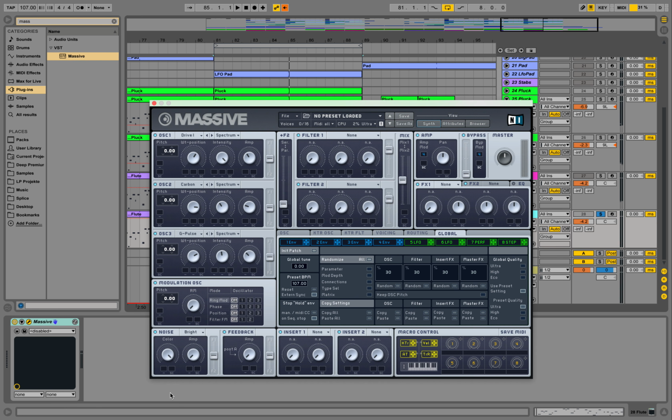I'm going to use Bright Noise down here and drag up the amplifier quite a bit, because that's what's actually going to make this flute sound. So this is going to get those bright frequencies. We're also going to use a little bit of modulation over here, maybe a little bit of ring modulation. Phase as well, and also a little bit of